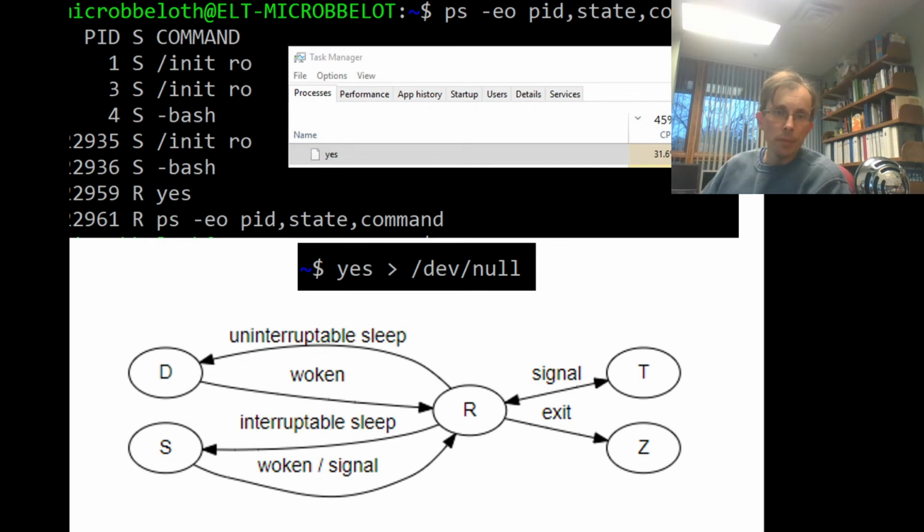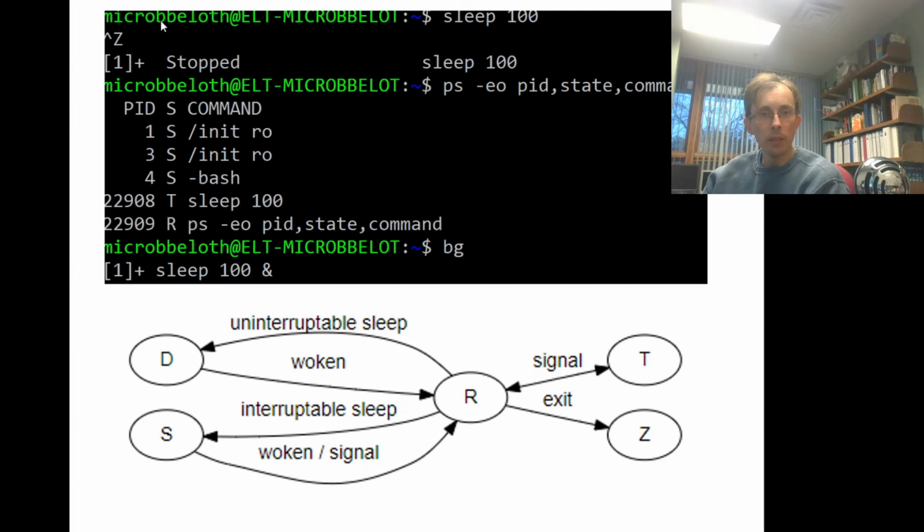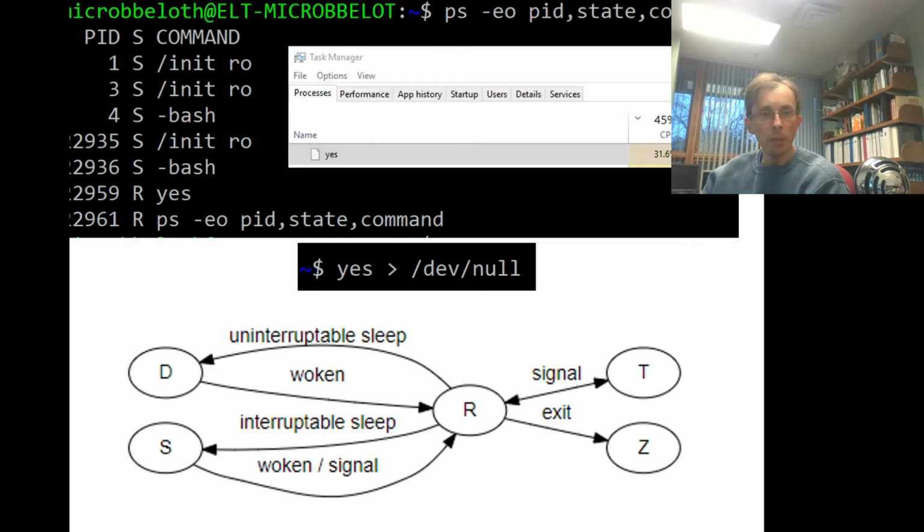Alright, so here's another example of that. Once the backgrounding occurs, you can see what I did to get it to that point. What did I do? Oh, I sent the word yes to /dev/null. So I can do something silly like just type the word yes and send it off to the bit bucket in the sky. And when I do that, it probably should be something like state T, but